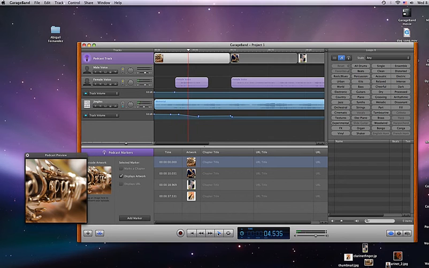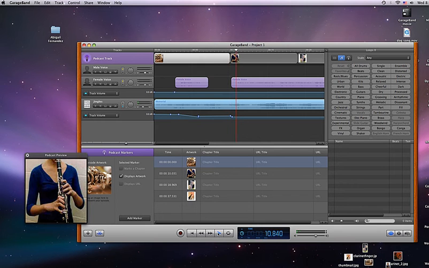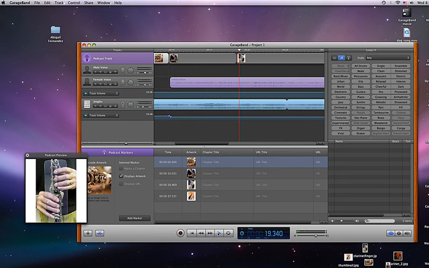This episode is all about the clarinet. You'll watch my photos getting ready to change right here. One of the most important things with beginning students is making sure that they're holding the instrument correctly. When holding the clarinet, it's important to make sure that the left hand is on top and the